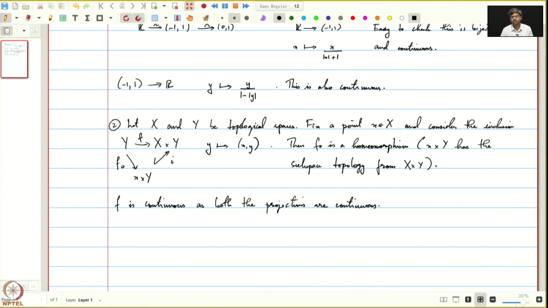Recall we had seen that to give a continuous map to a product, it's enough to give continuous maps to each of the factors. The first factor is just the constant map y to x, that is obviously continuous, and the second factor is the identity. So both these are continuous, and since the image lands in x cross Y, it follows that f naught is continuous,